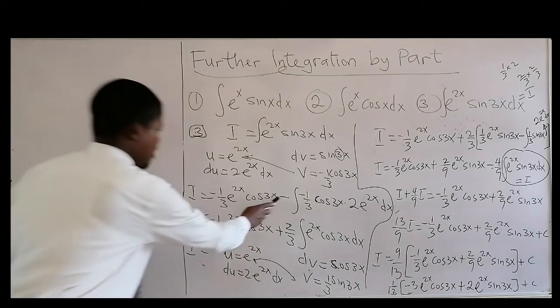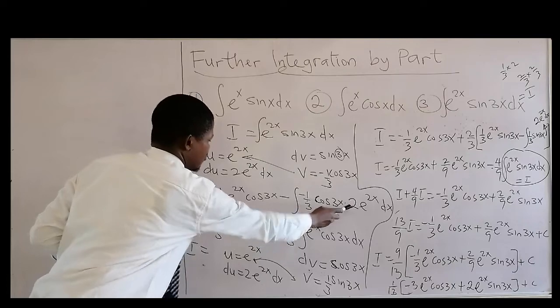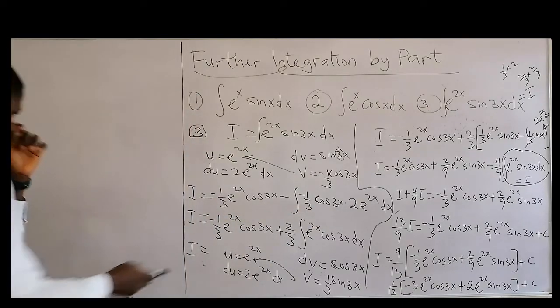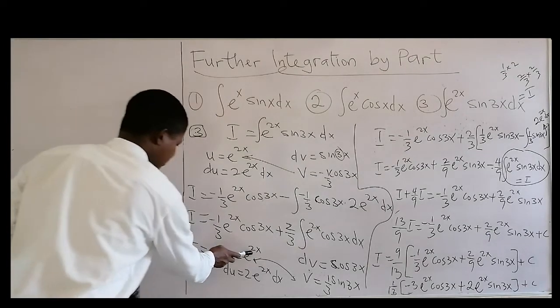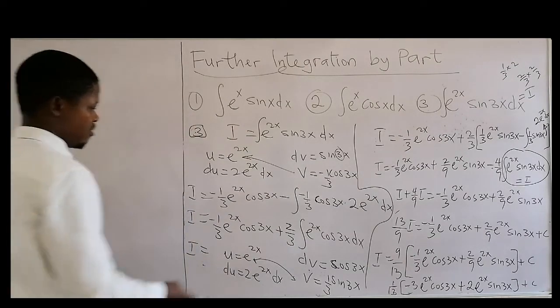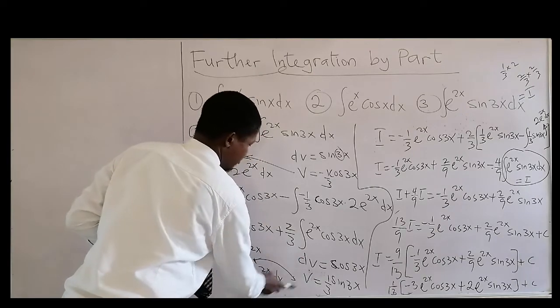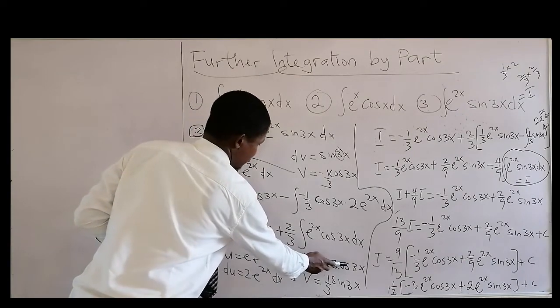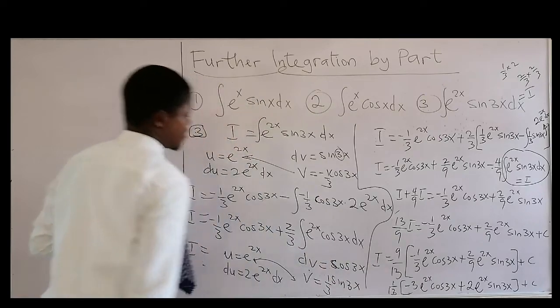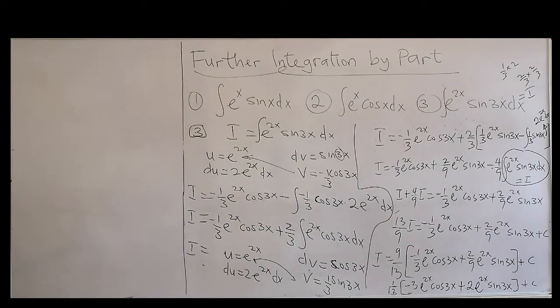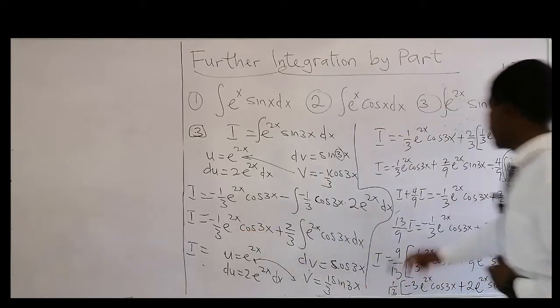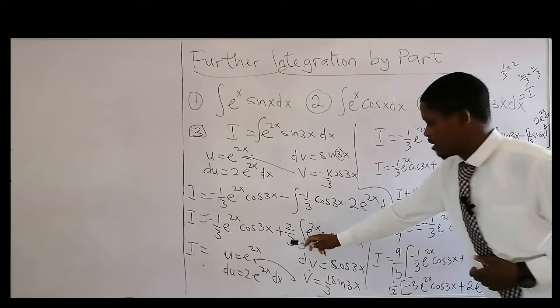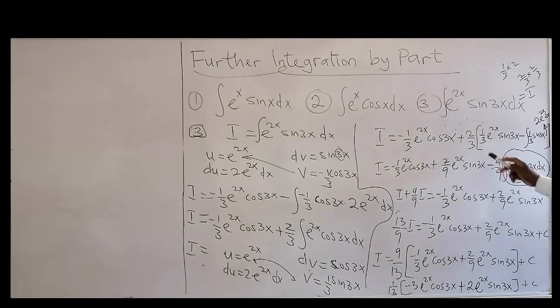Okay, so with that, minus times minus there, that's plus 1 over 3 times 2, 2 over 3. Then you do this one again. Okay, and then your u is what? This. The u is this. Okay, the v is cos 3x. Integrate both sides. V is equal to what? Integral of cos is sine 3x, and then you divide by that constant attached to the variable. Then you substitute again. You have I. Don't forget you started from here. Okay, that's that. Then plus your 2 over 3 here, and open your brackets and substitute